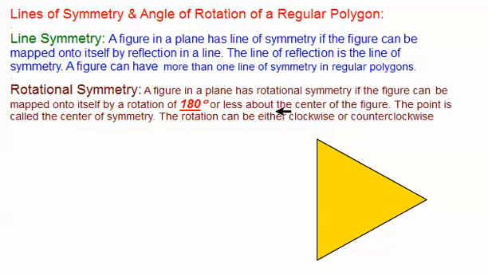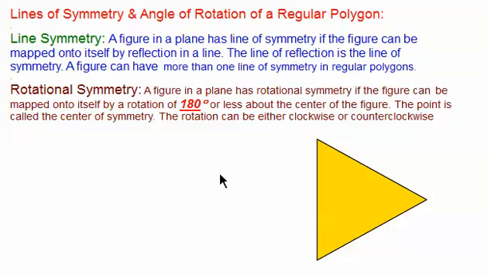180 degree or less about the center of the figure. The point of the point is called the center of symmetry. The rotation can be either clockwise or counterclockwise. So let us discuss this, and this is a very important point when they say it can be 180